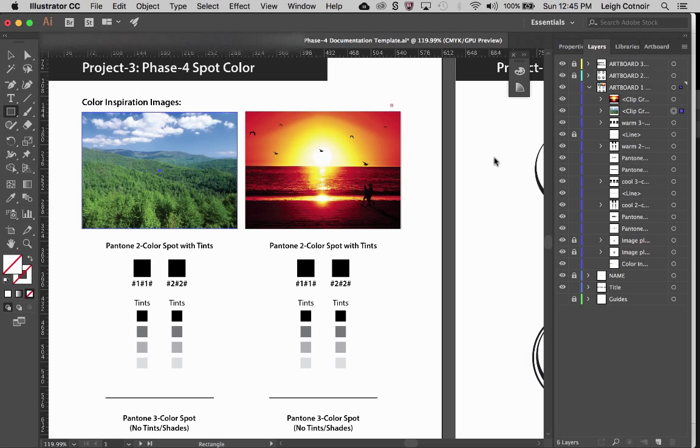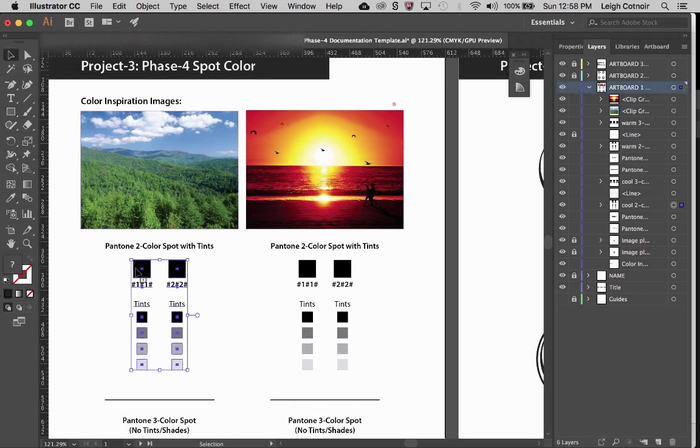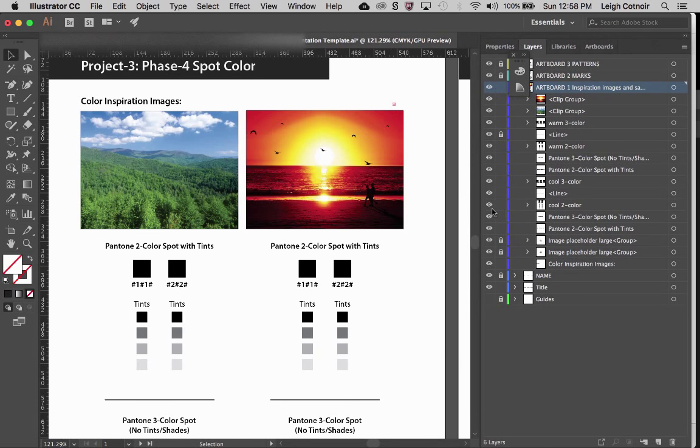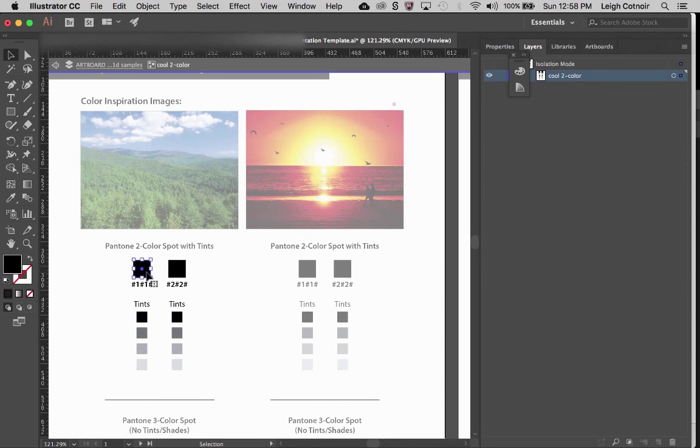All right, and so now we've got some colors that we can sample from. I can select one of these, but one of the things you'll notice is that these are all grouped. If I turn the eyeball off of the two color, in fact, let's stretch this out some so that you can see the full names. So we've got the cool 2-color. You'll see that those are grouped together. And if I want to get one of these, I have to double click it to go into isolation mode. Now here's the problem: if I take the eyedropper tool and start clicking around,